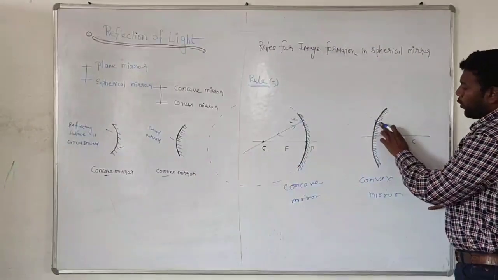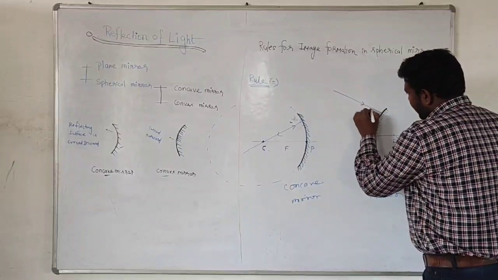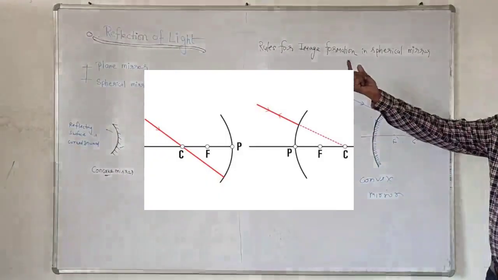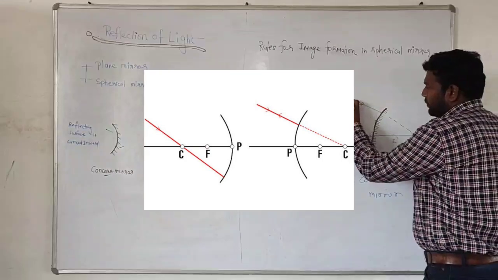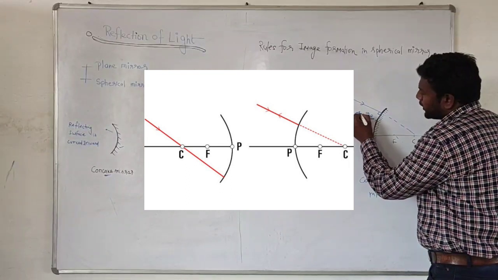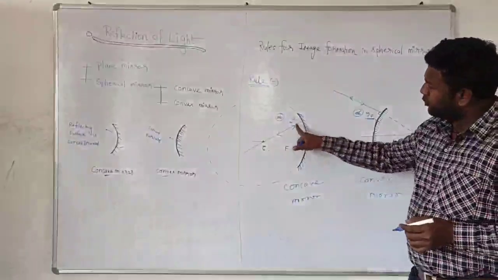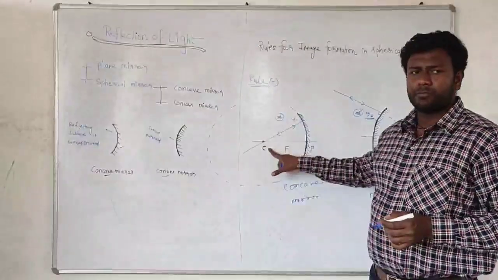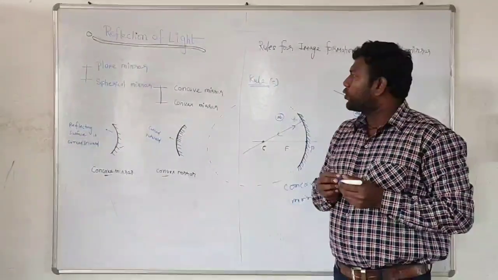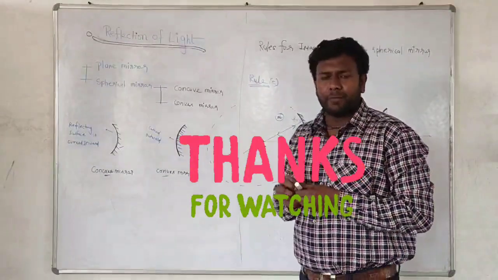In the other spherical mirror, that is the convex mirror, when the ray of light passes through the center of curvature, after reflection it is sent back along the same direction, for the same reason: here also the angle is equal to 90 degrees. This is a very important point. In many examinations, 1-mark questions or even competition exams, this question may be asked: why, when a ray passes through the center of curvature, does the ray of light bend back along the same direction? So that is all about the rules for image formation in spherical mirror.